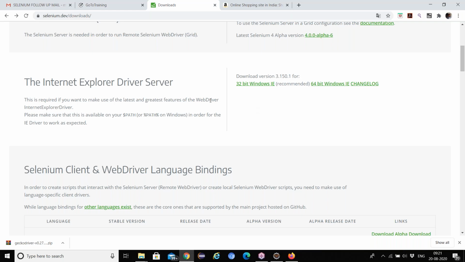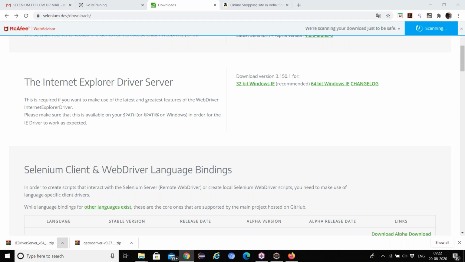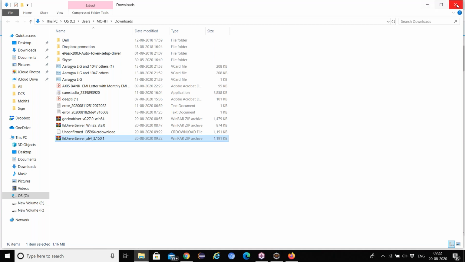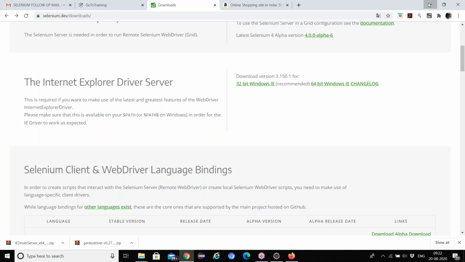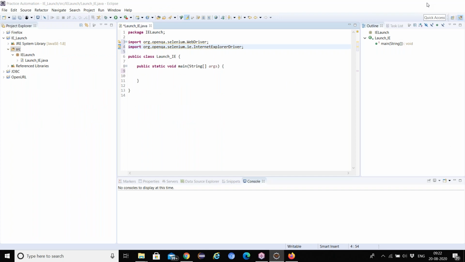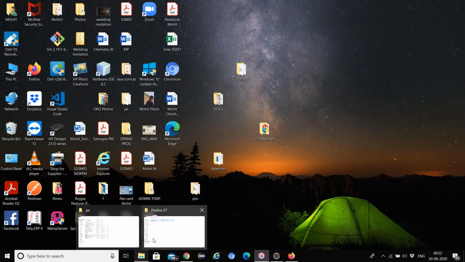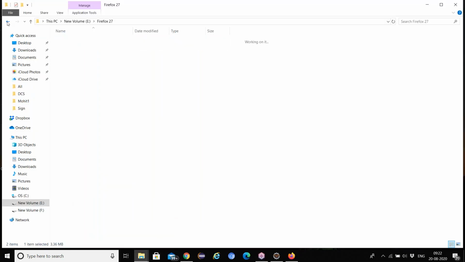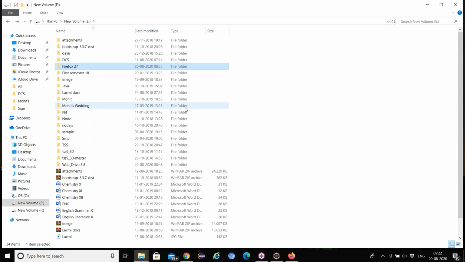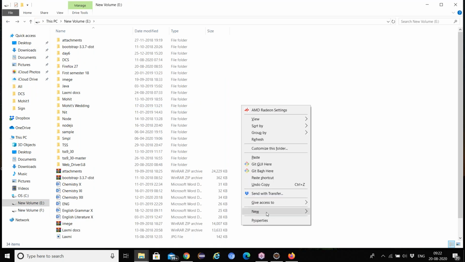So you can download this one. Is yours 32-bit or 64-bit? Yours is 64-bit, right? You can download here. Click download. It is downloading. Now show all, show in folder. Copy this and put it in a separate folder. So whenever anyone asks you, you can easily tell them. Open the folder. You can keep it here also, not a problem, or otherwise create a separate folder.